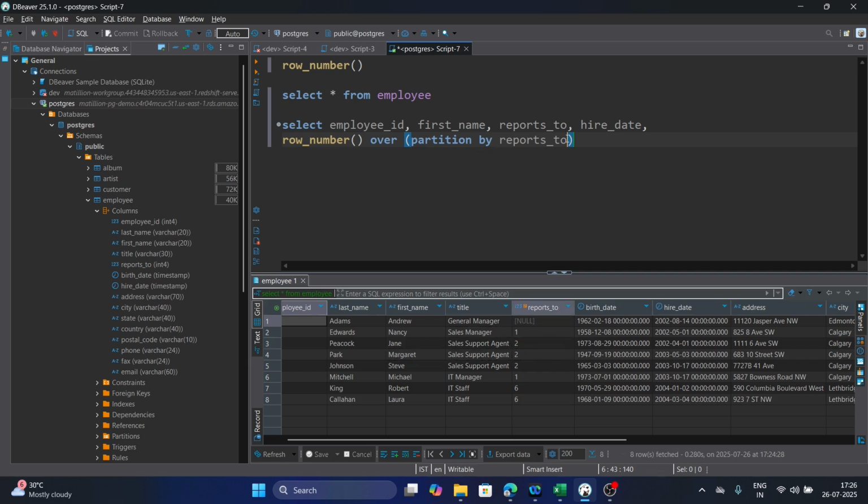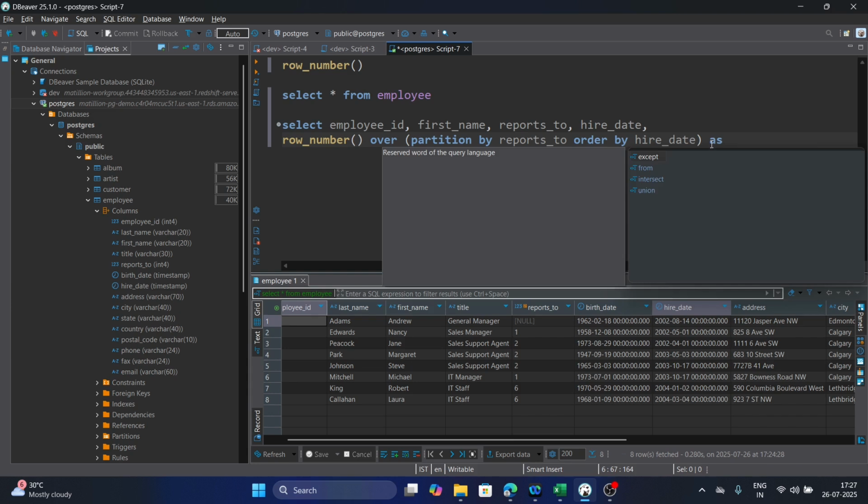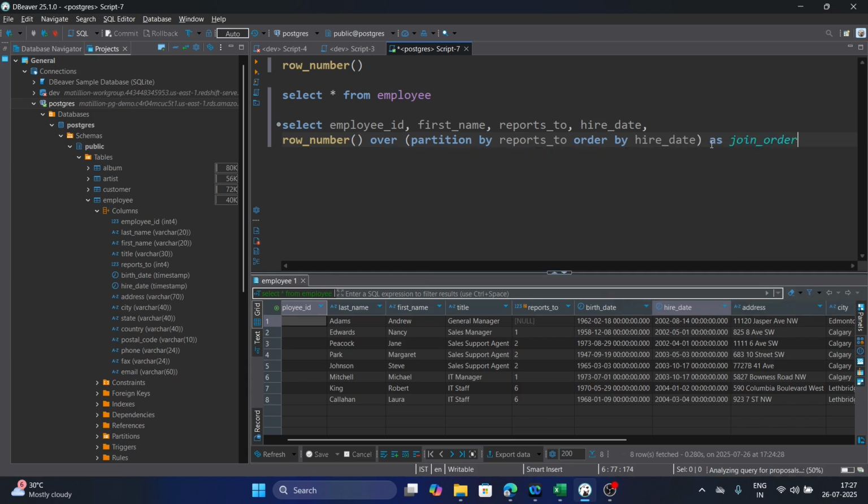So partition by reports to, and then we order it by the hire date. Order by hire date. And we will give an alias name to this row number column as join order, from employee. If we run this,